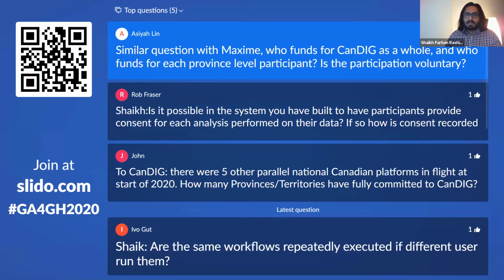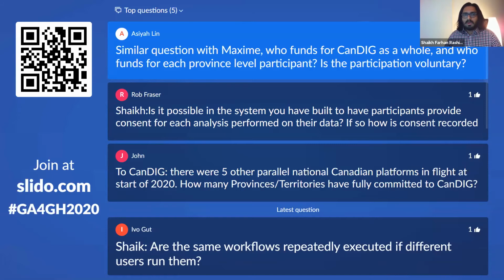But in essence, we are still operating in the model of each institution providing what they can in order to understand what works best for everyone in terms of making sure that everybody is contributing equally and receiving those benefits equally.